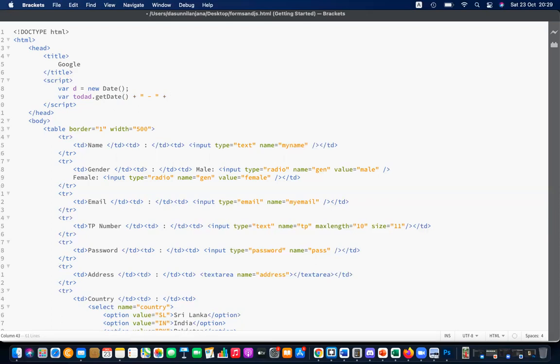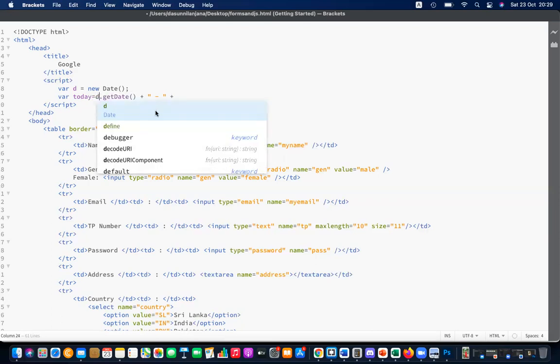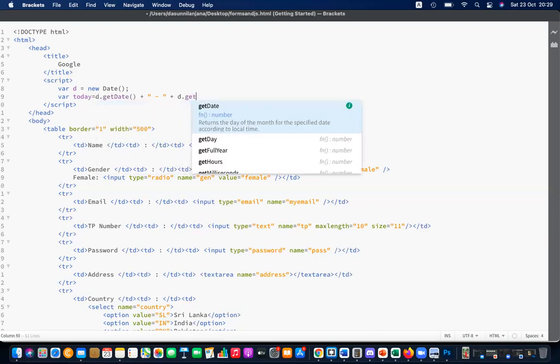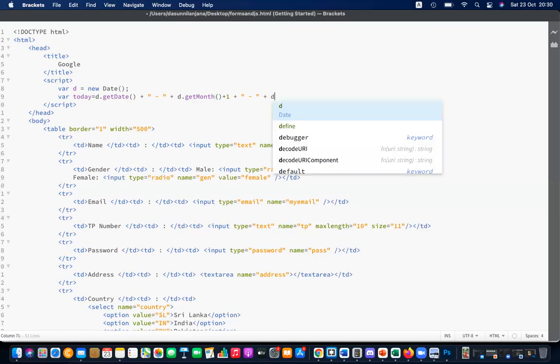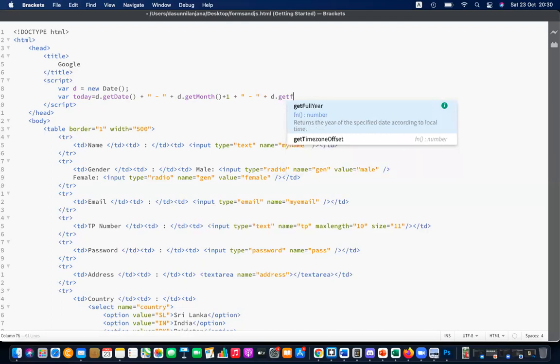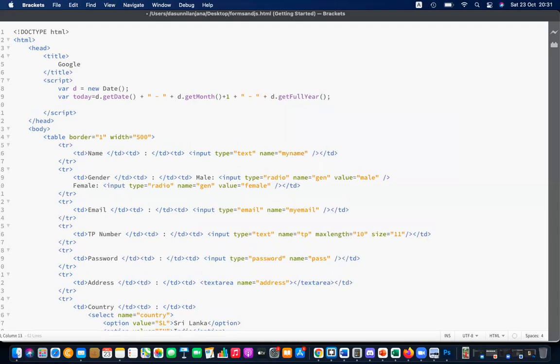Then actually here it's today, right? Today equal d dot get, then d dot get months, get month. Actually get month will give you months from 0, so you have to add 1 to show the correct month, plus 1, and then you are adding a dash to that. After that d dot get full year, get in the year. So that is today. That today I can write document dot